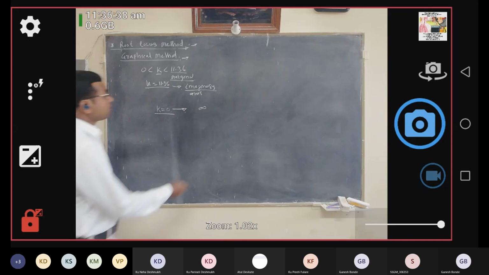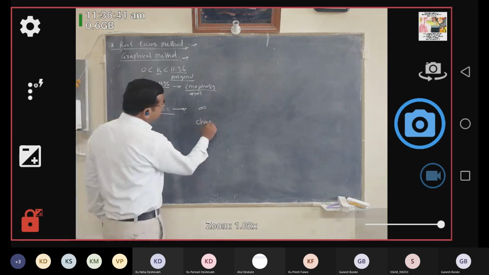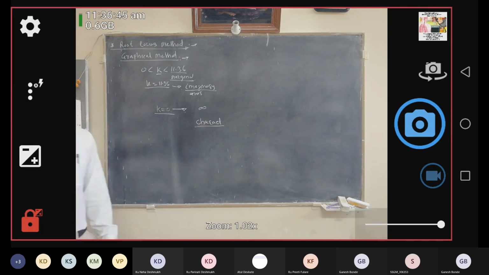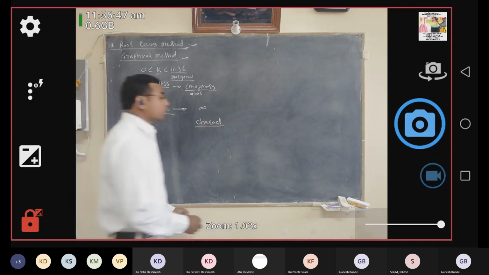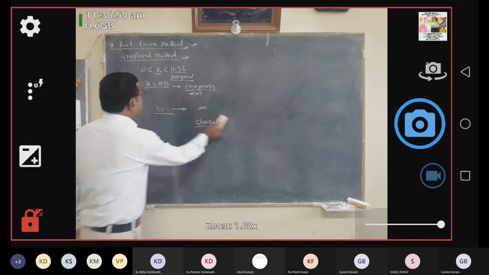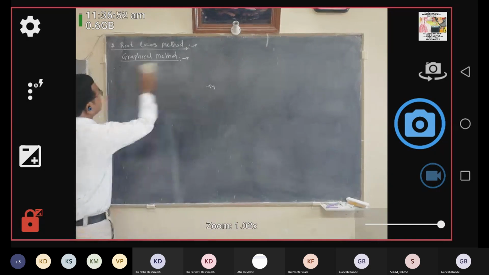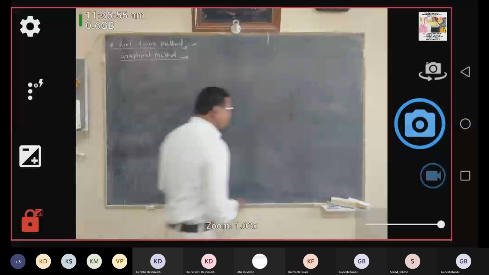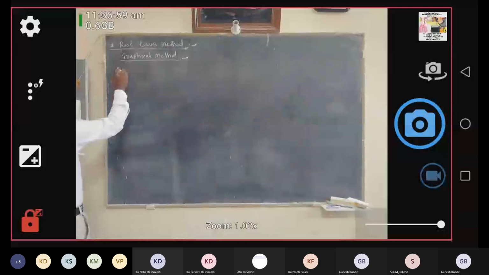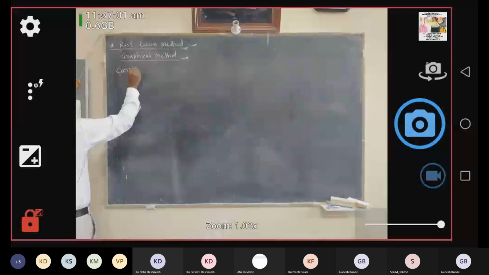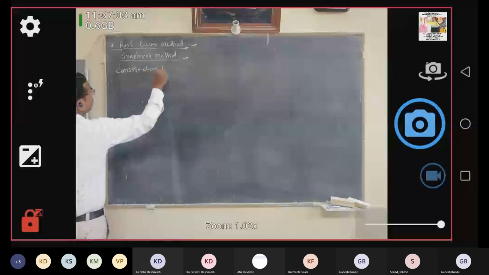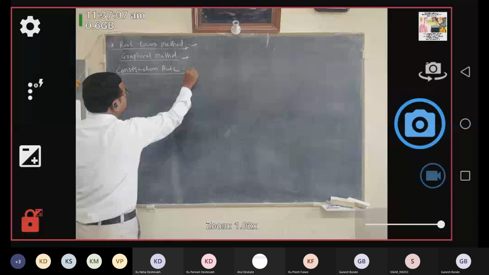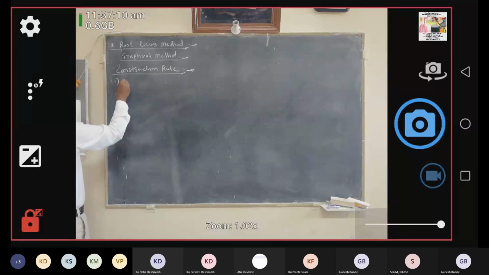Root locus means the locus of the roots of whatever characteristic equation is given to us, in the S plane. Let's discuss the construction rules of root locus. Give the next heading: construction rules for root locus. Rule number 1: your root locus is always